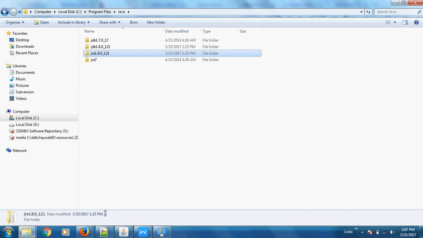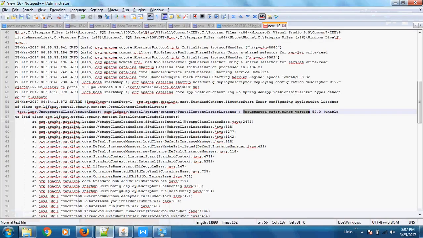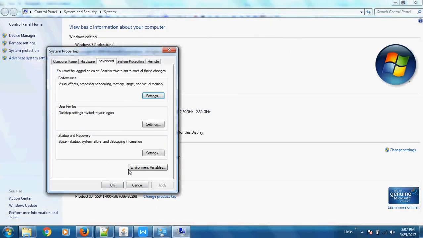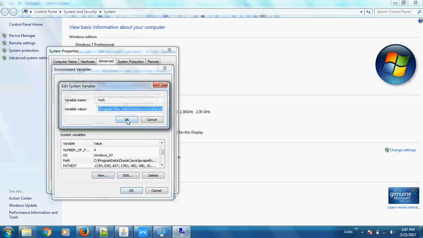In path, normally what happens, as I'll show you here. Okay, let's go there only. I don't have to update my path variable because in my path variable I have added my JAVA_HOME variable.